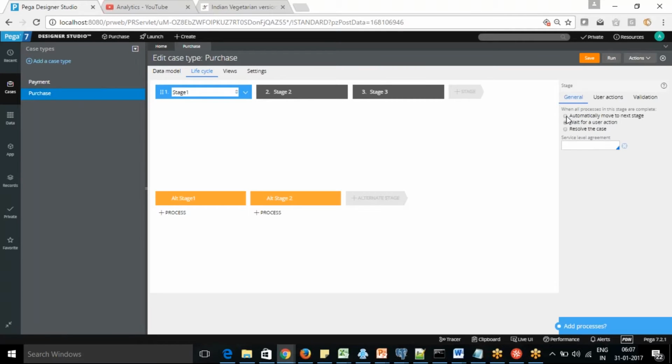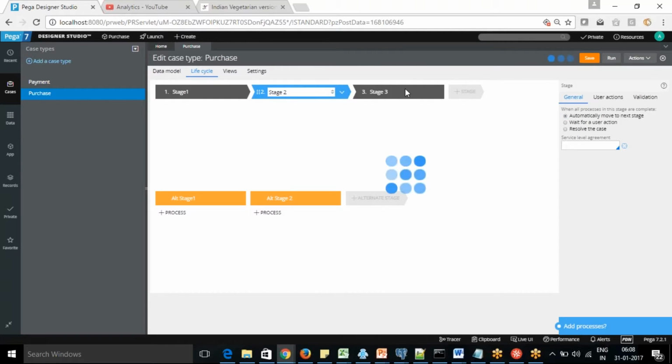Okay, so if you say you want to move it to automatic. Currently there is a rectangle shape, so it's not moving, so that becomes manual. When I change it, it will move to the next stage, and it will change to the chevron view. Okay, so that is moving to the next stage. Again I can set stage 2 as automatic, so that also will change the same.